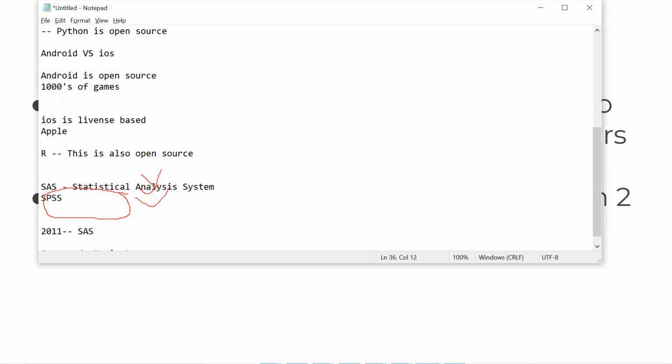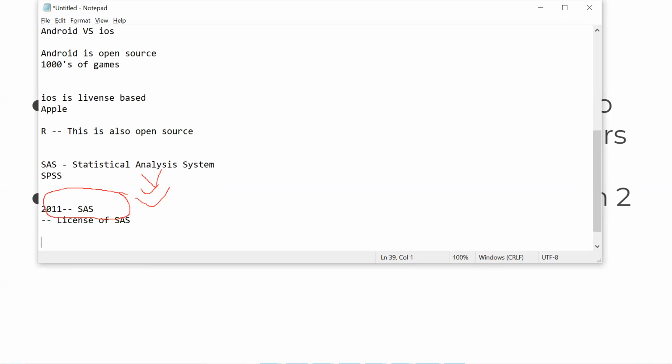People didn't know a lot about this tool. All the companies used to use SAS only for all their analysis and predictive modeling. And the license of SAS is very, very high. It costs millions for a company to procure and finally implement it. And up till 2015, 16, SAS used to be the choice of all the developers and the companies for all their predictive modeling and statistical analysis.